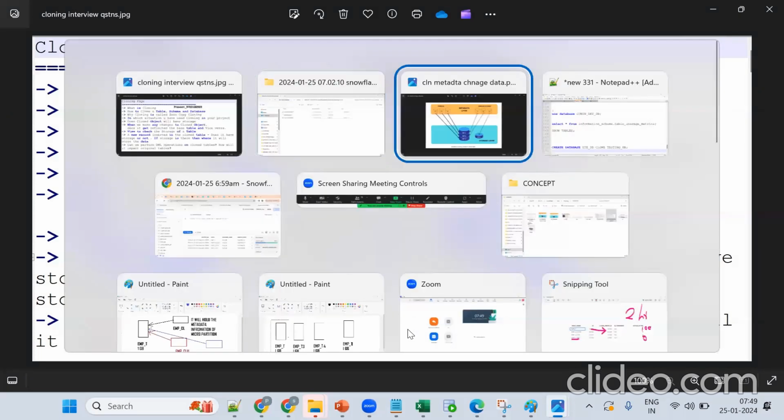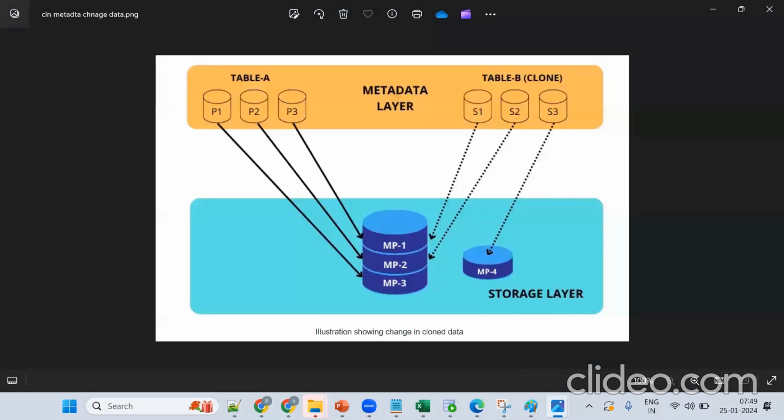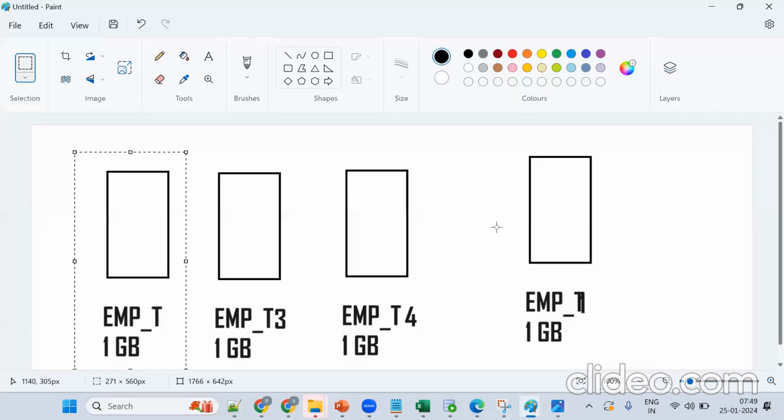So see these two images: new changes, same thing. See, the CTAS copy has physical storage. Getting it a little bit? Yes, no? Like this way, you should understand the things. Once you're comfortable, these things are simple. So zero copy cloning, without any additional storage. We are trying to take a backup. It only holds the metadata of the micro partitions, like how many records; only that information gets